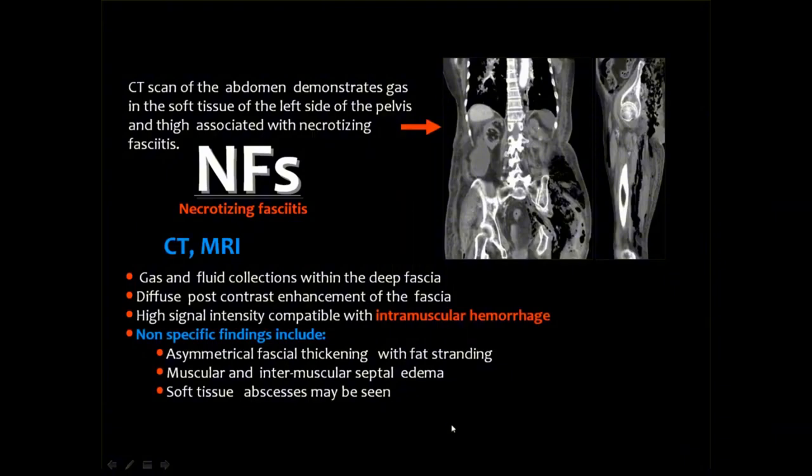But the value of CT is to show the degree of soft tissue necrosis, the presence of internal hemorrhage and pus collections, and also it is more sensitive than the plain film to detect gas if it is present. Then these are some of the non-specific findings, which include asymmetric fascial thickening with fat stranding, muscle and intermuscular septal edema, soft tissue